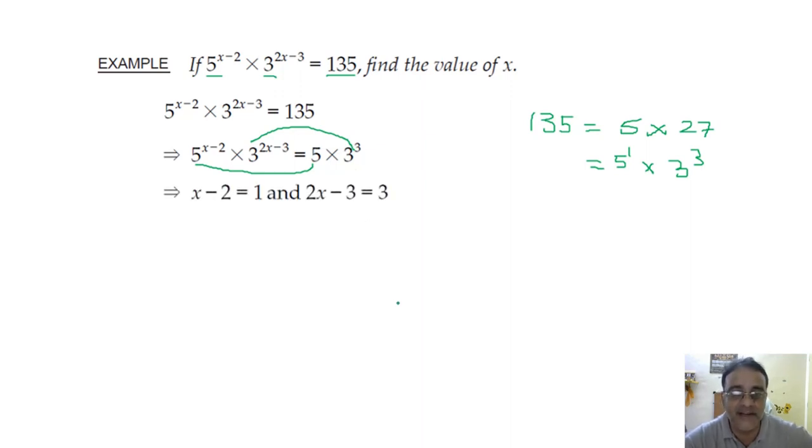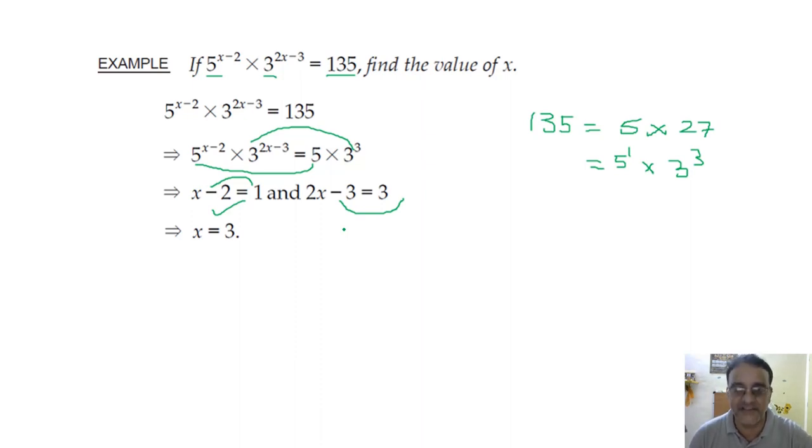So after comparing we'll get this one. Now shift minus 2 to this side, it will become plus 2. And here minus 3 shift to this side, it becomes plus 3. The value of x should come the same from both. Check whether it is coming or not. Yes, sir. Okay, here also 3 is coming and here also 3 will come, 6 by 2. So the final answer is x is equal to 3. Any doubt? No, sir.